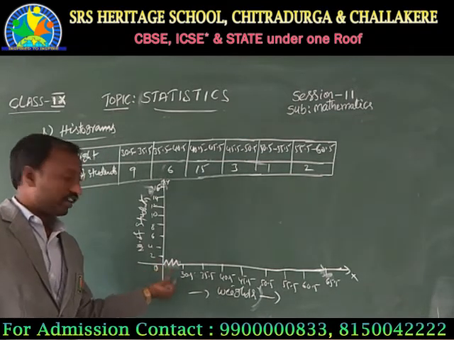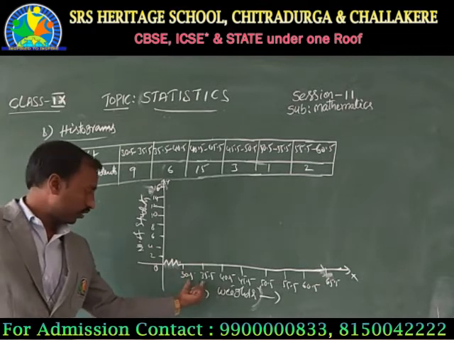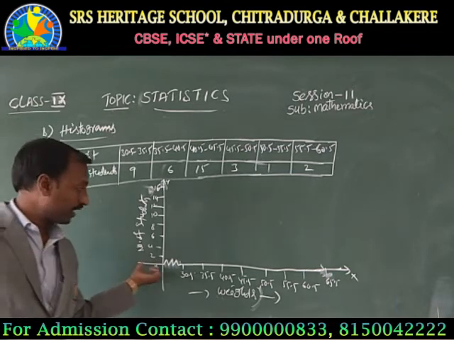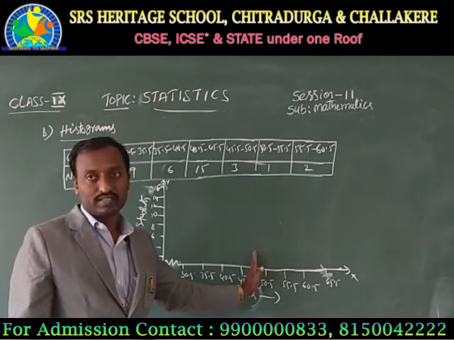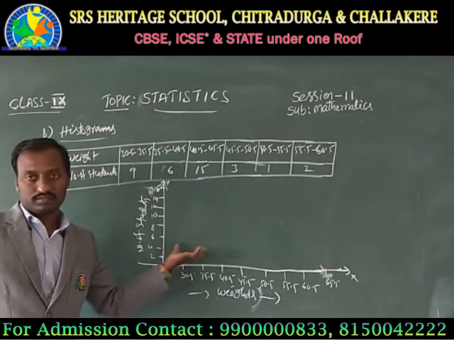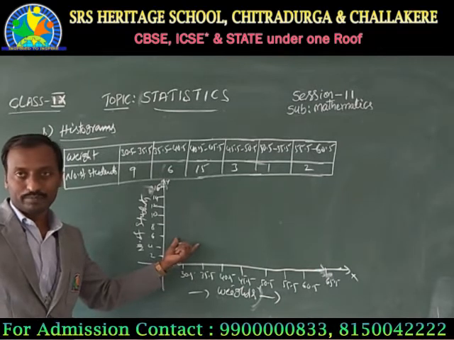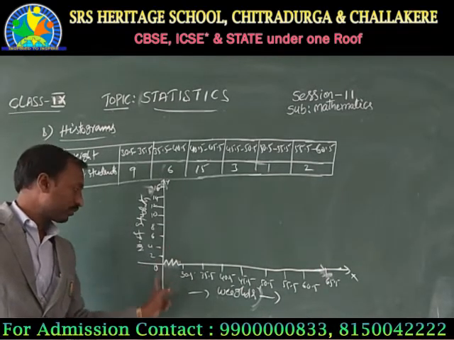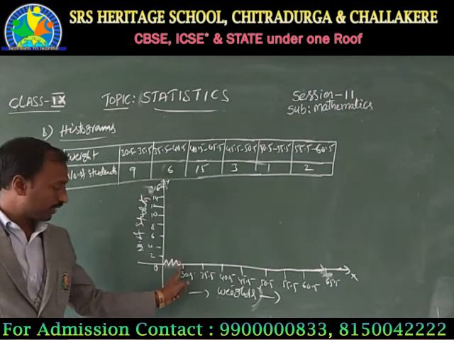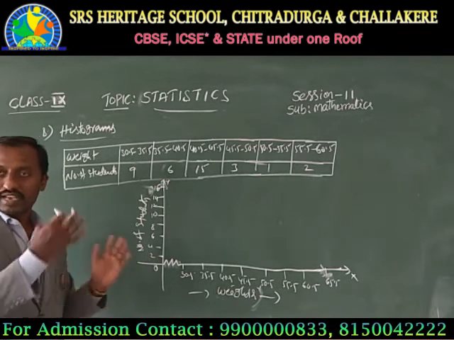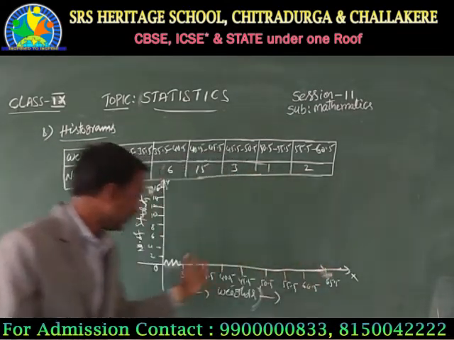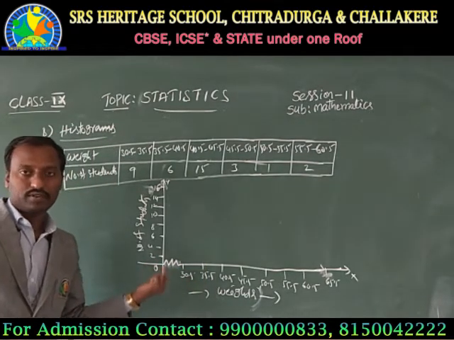So 0 to 30.5 exists here. The variations are 5.5 each: first 5.5, next 10.5, and going on like that, 35.5 would start somewhere else. The graph would start from there, which looks not comfortable and not good at all. So I have to take a kink here. There is a break in the x-axis, so 0 to 30.5 exists here. To show that gap, instead of starting the graph from here, I make a gap.